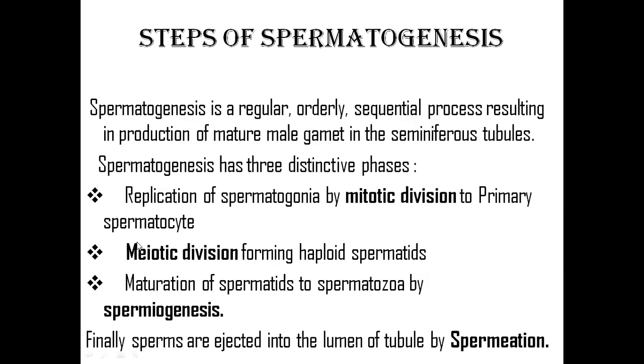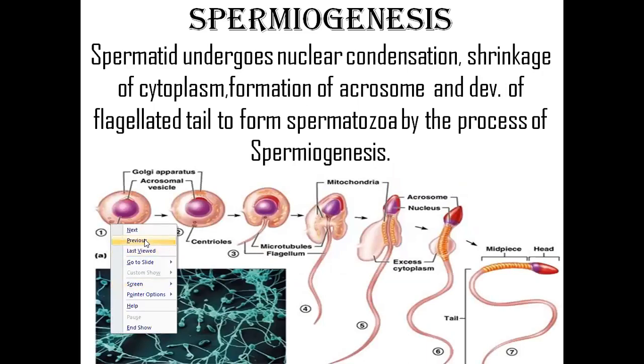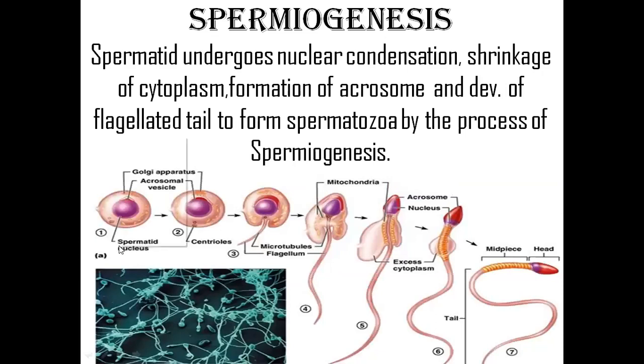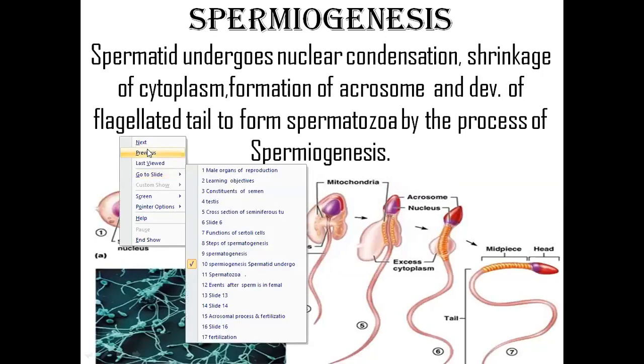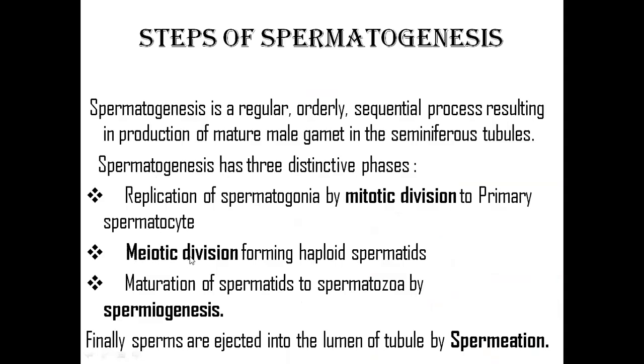So several mitotic divisions form primary spermatocyte, and then the meiotic division, the reductional division, starts only at the attainment of puberty. Then the meiotic division gives the haploid spermatids, they develop,